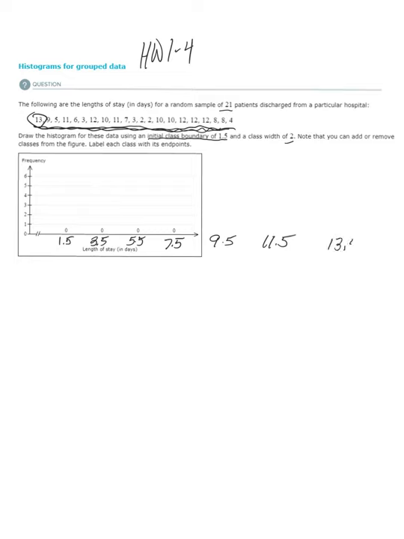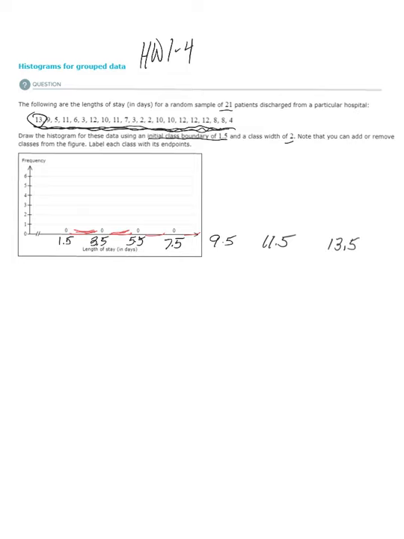When I hit 13.5, I should stop. On your Alex, you're going to be able to add more of these class widths. Once you get those, then you're going to go through all your data up here